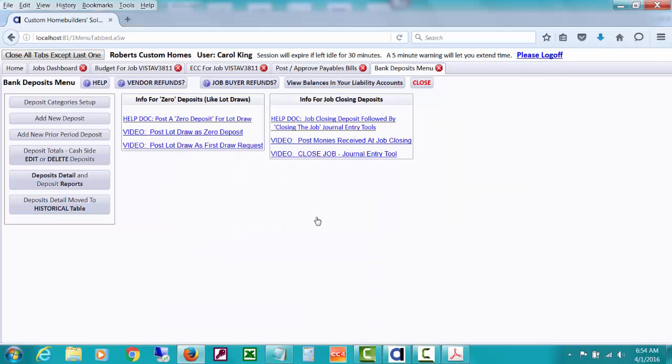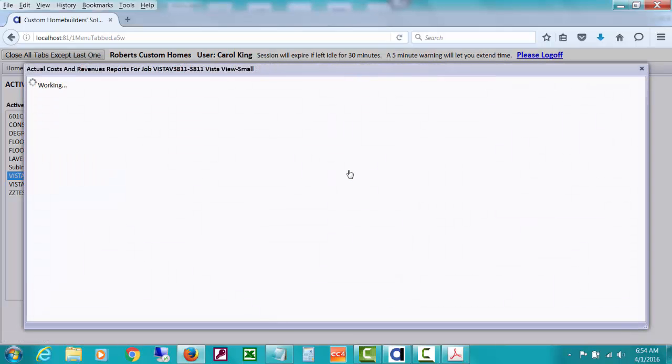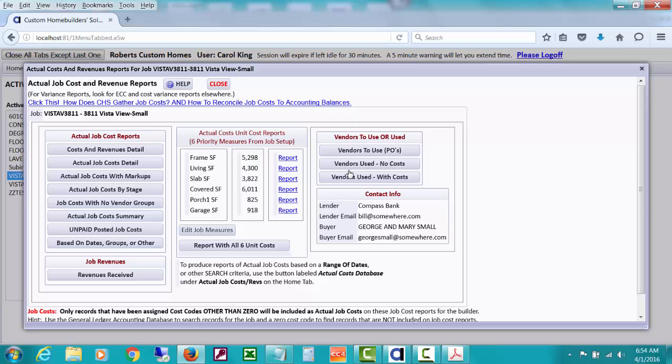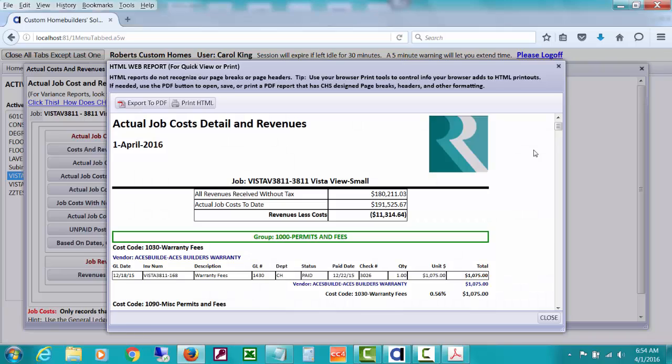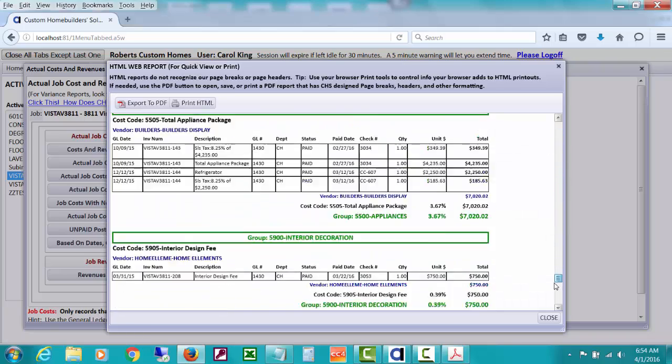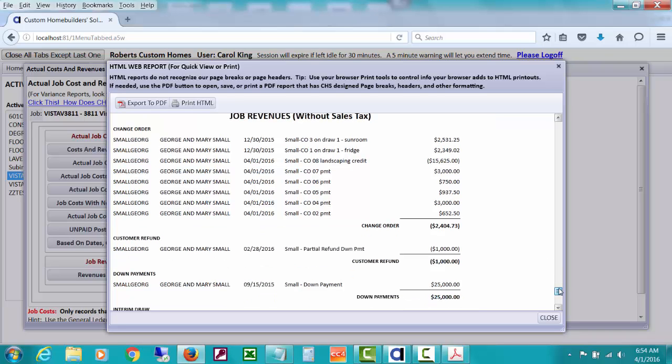It did not affect our cash account because it was a total of zero, but what I'd like to do is go back to the jobs dashboard, and I want to open the reports that show my revenues, costs and revenues detail, and so I'd like to see what shows up for those revenues down there at the end of this report. That's a bunch of costs. Now notice that under the change order category, we are having this landscaping credit show up. We're having other payments. We actually have a negative net amount of all of that there, but they're all showing up there